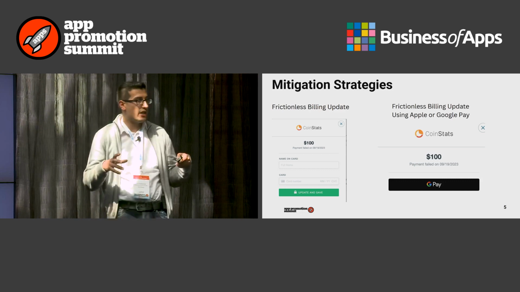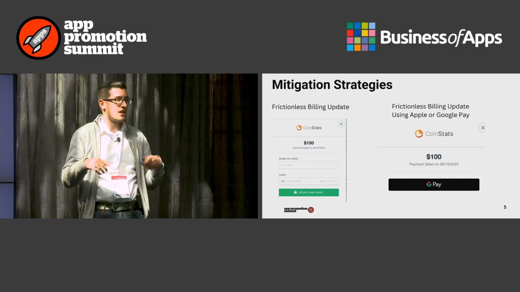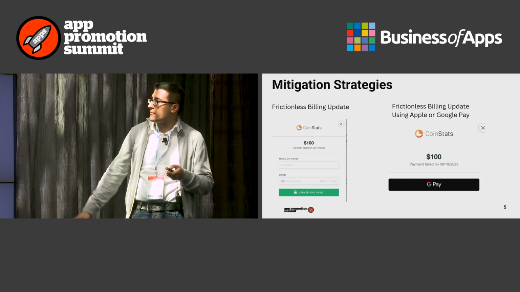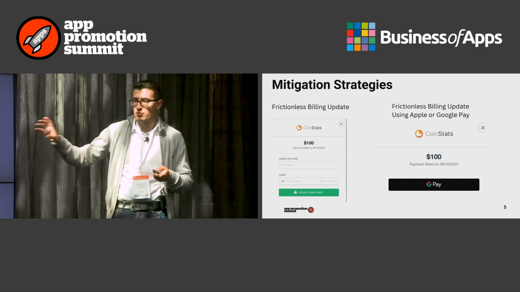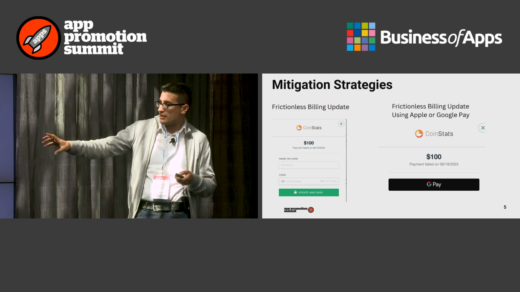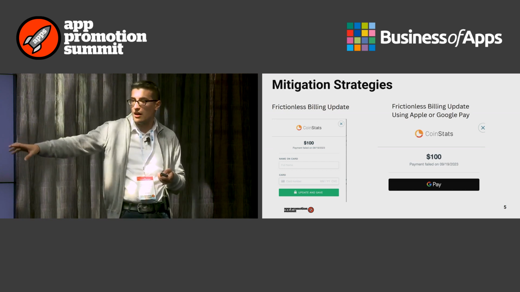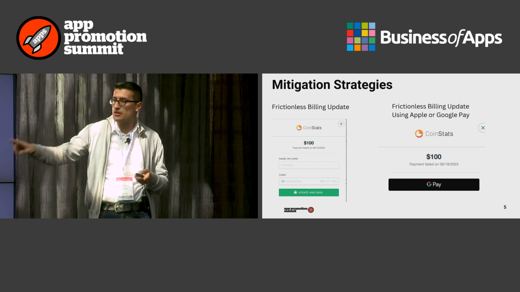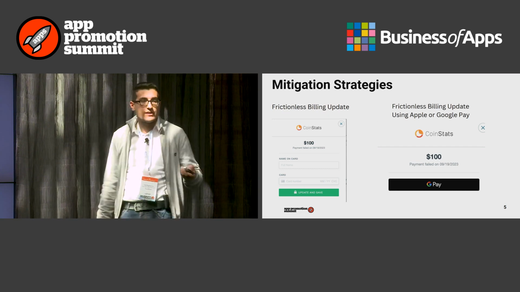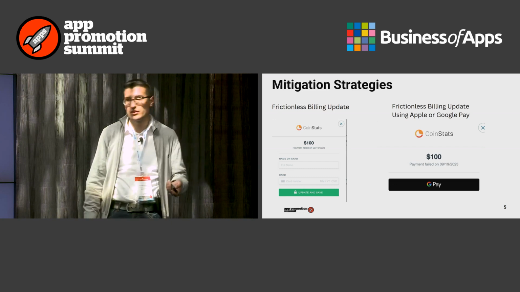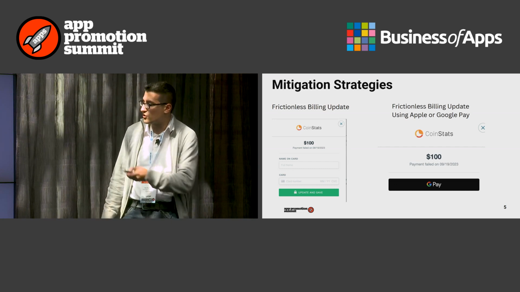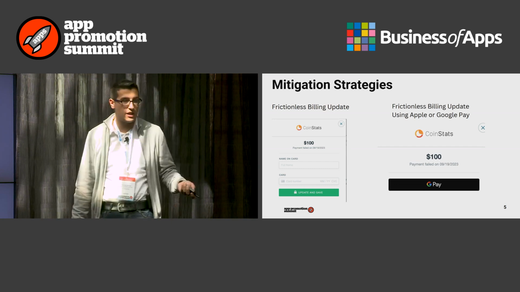So instead of just showing them these pop-ups and asking them to update, we give them a chance to update the billing details immediately from the pop-up. Like we open it and they just input new credit card details and update immediately from the pop-up. And we also detect if they use Google Pay or Apple Pay, and we show this option to do it through Google Pay or Apple Pay immediately